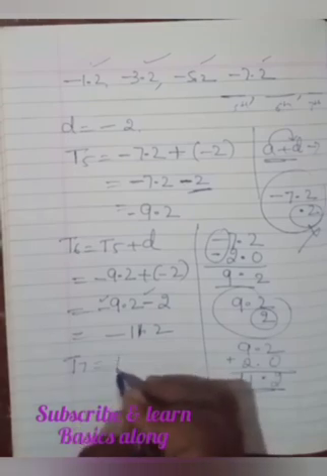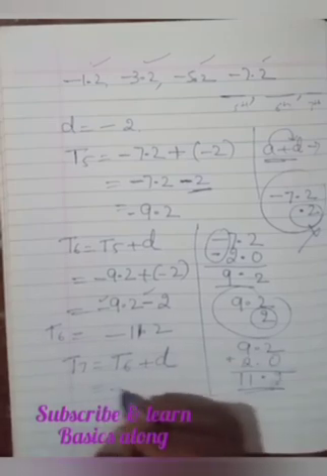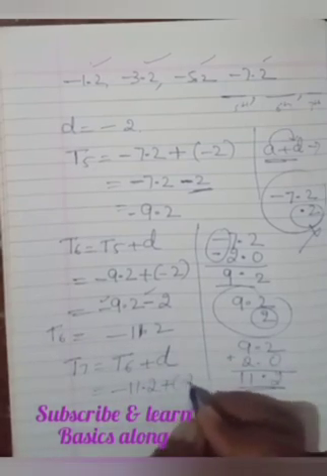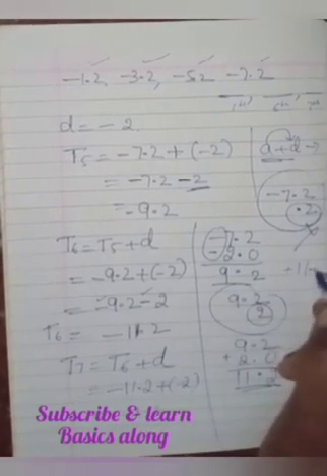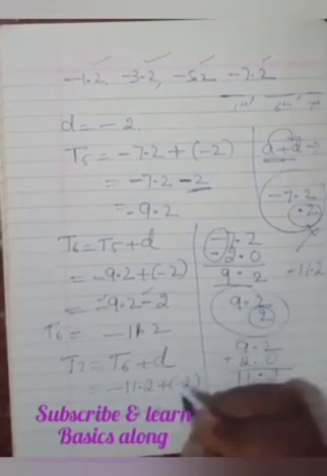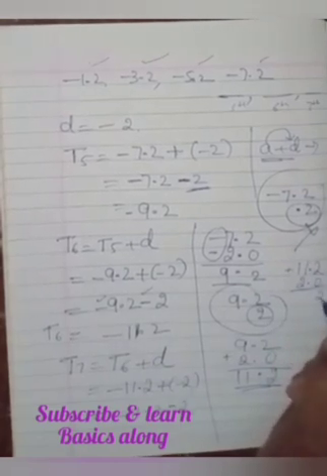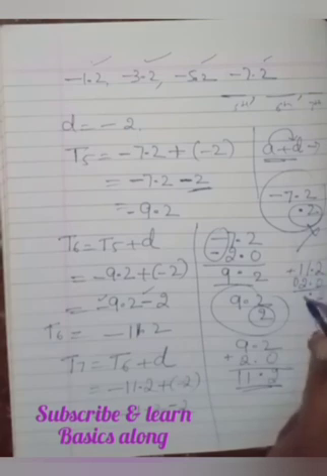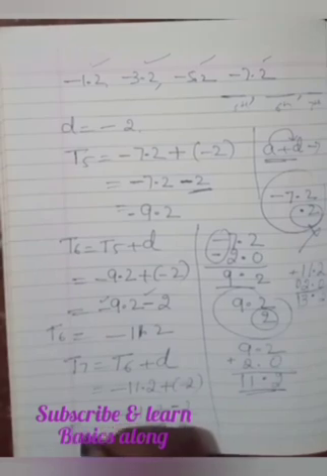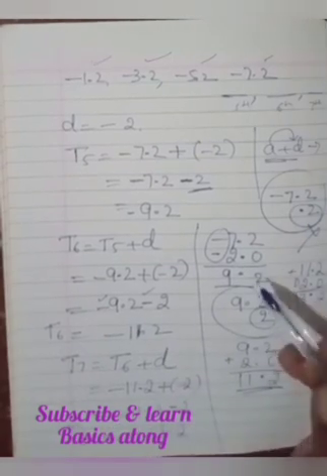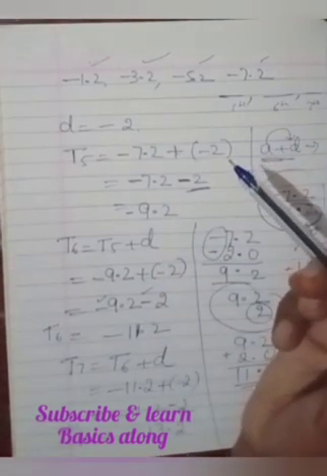Then T7th is equal to T6th plus the difference. So this is the T6th we have. So here it is minus 11.2 plus of minus 2, which is equal to minus 11. I'll show you here. Minus 11.2, while calculating, you can neglect the sign here. And minus 2, that plus minus, it is minus 2. So what happens here? You are getting 13.2 with the negative sign. So this is our next term. So this way you are solving, if you have got the difference same throughout in the given terms. Hope you understand this one here.